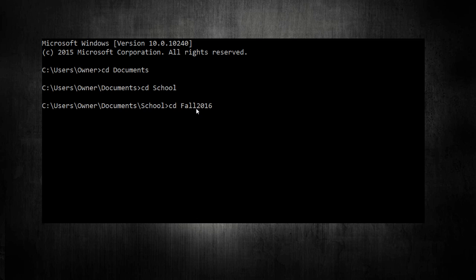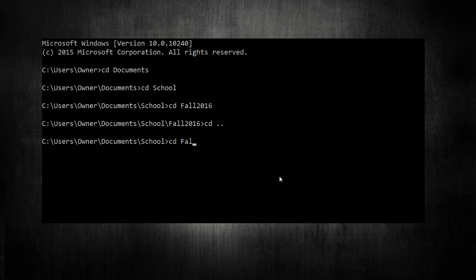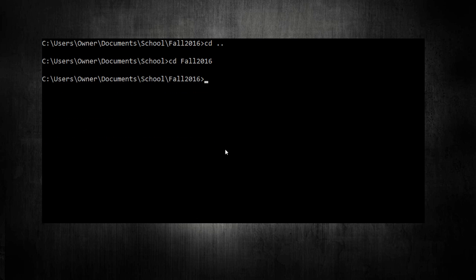Now this is where having no space comes in handy, because if there's a space there, it's a little bit more tricky to get into that. So if you have already created the folder, just rename it with no space, and that'll just make your job a little bit easier. Now, if you need to go back a directory, this is just a side note, then it's cd .. and that goes back. And just FYI, these are spaces. Make sure you space in between. Anyway, but cd .. goes back a folder just in case. But fall 2016. Okay, so now we're in the right location.